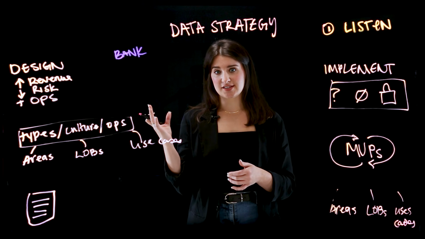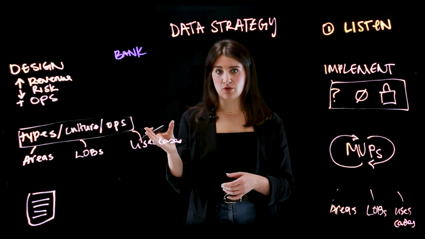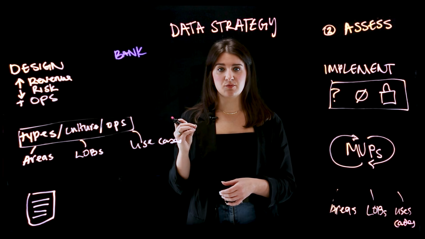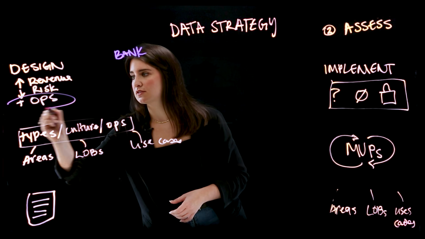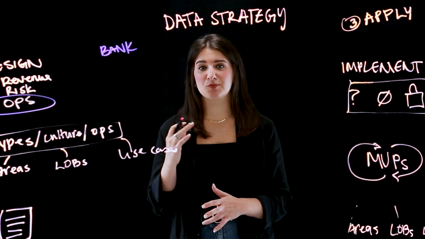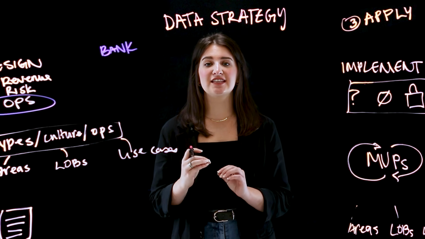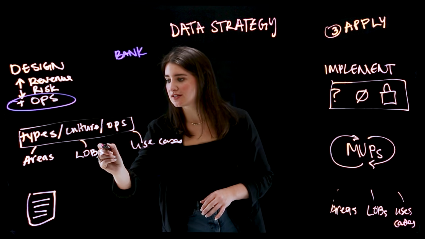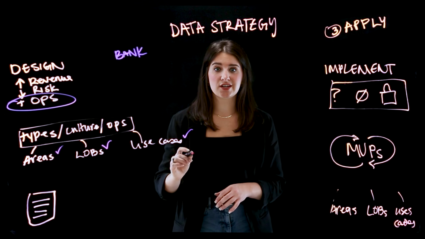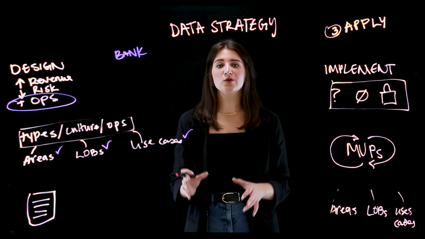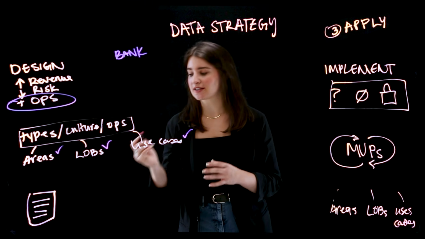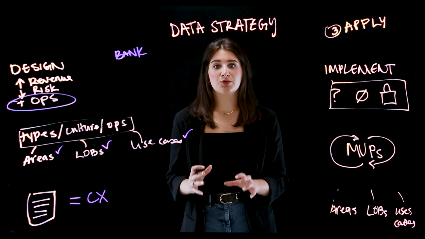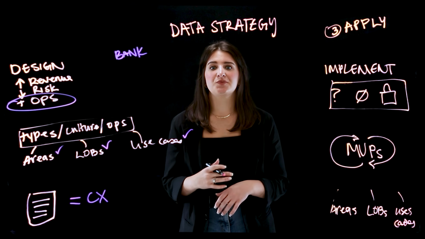As you listen to stakeholders in step 1 and assess the state of your core organization in step 2, you're likely to see data silos across lines of business that are leading to operational inefficiencies. So apply what you've learned in steps 1 and 2 to creating a data strategy that eliminates silos. Keep those natural data connections between the lines of business, functional areas, use cases, and teams in mind. Ultimately, the entire plan should tie directly back to that enhanced customer experience that you'll deliver through data accessibility efficiencies.